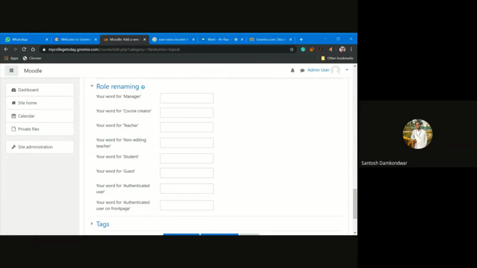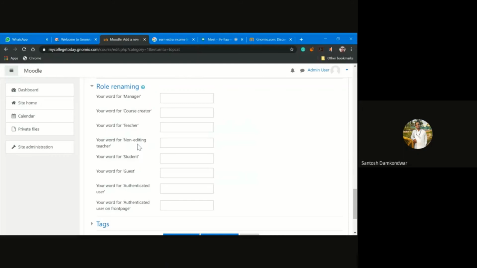So if you are creating the website, you will be acting as a manager, and students can be added from the teacher end through the manager. But if we want to make a course which is open to all, in which self enrollment can be done, that we will see later on.